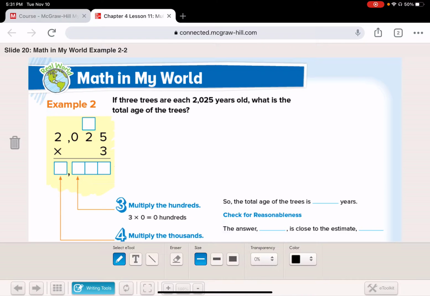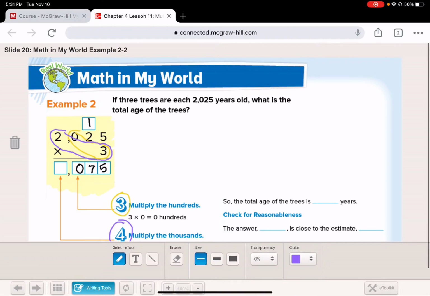The next part that we have to do, let me just write that in real quick. Okay, the next part that we have to do, step 3, is multiply the hundreds. That's this right here, 0 times 3. 0 times 3 is just 0. So I can just write a 0 in the hundreds place. And then the last step is to multiply the thousands, which is this place right here, times the 3. 2 times 3 equals 6. So there are 6,075. If you add up all the ages of the 3 trees, you would get